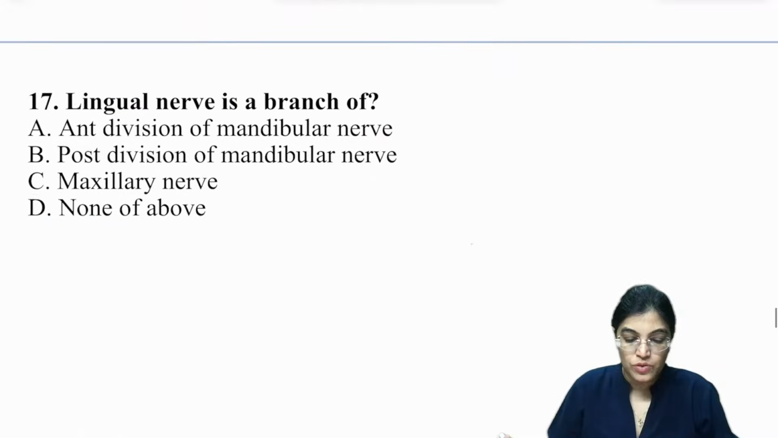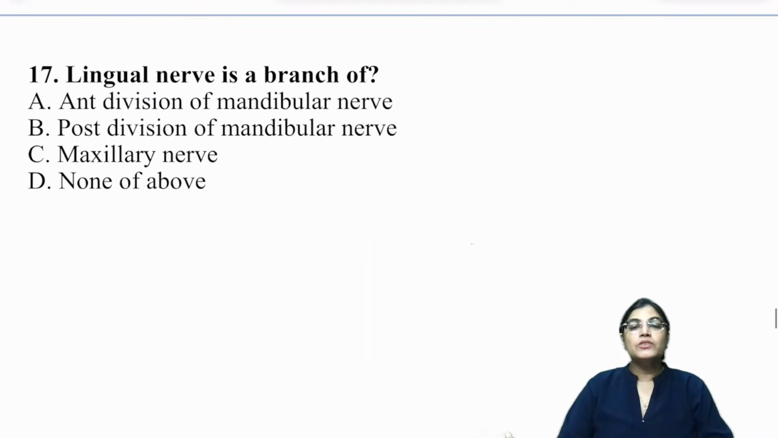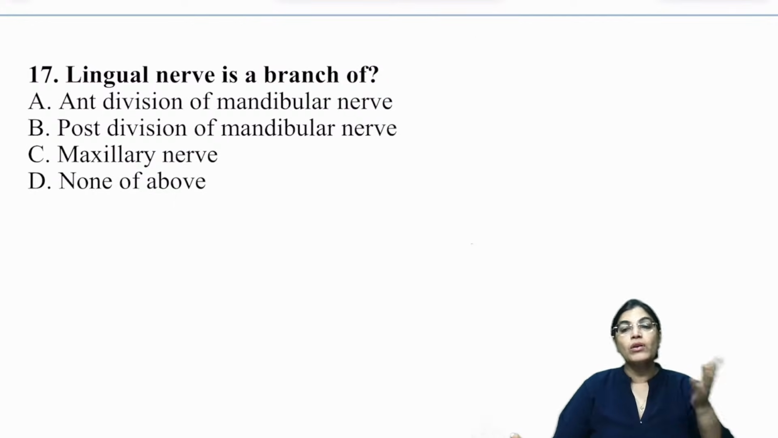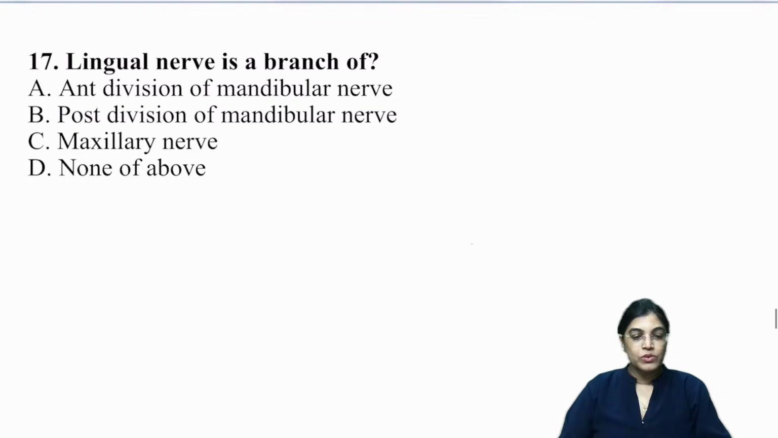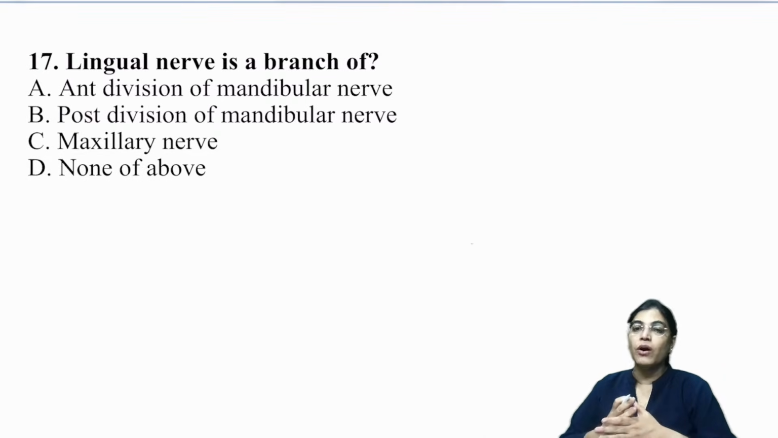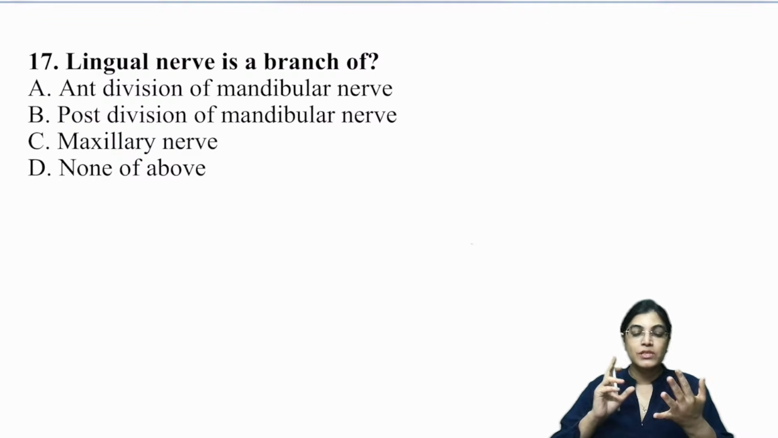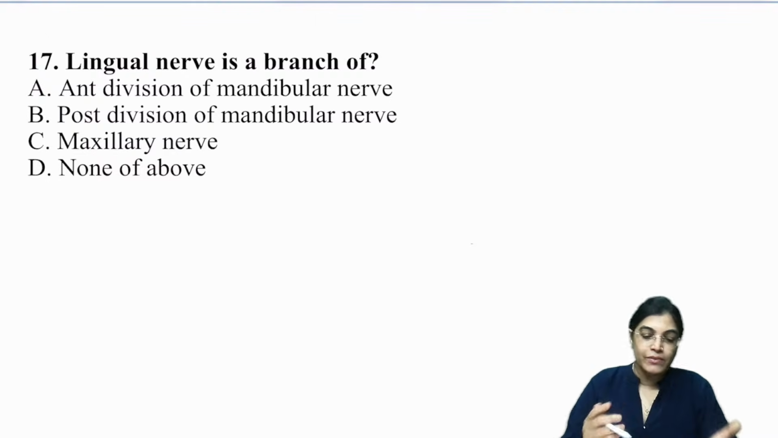Now coming to the next question, that is the lingual nerve. Lingual nerve is a branch of the anterior division of the mandibular nerve, posterior division of the mandibular nerve, maxillary nerve, or none of the above. There are 4 options and you have to go with the most correct answer. Mandibular nerve is another important topic in which you have to know the branches coming from the trunk, from the anterior division, and from the posterior division. So lingual nerve is a branch from